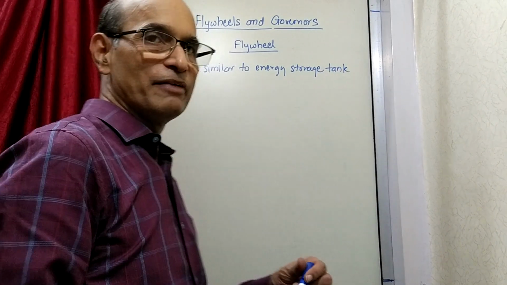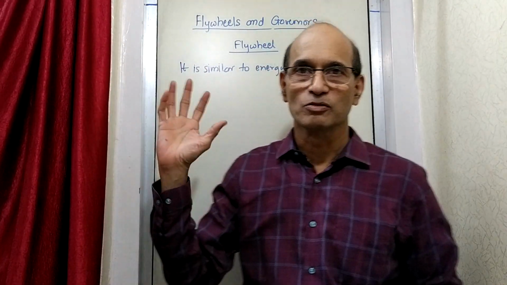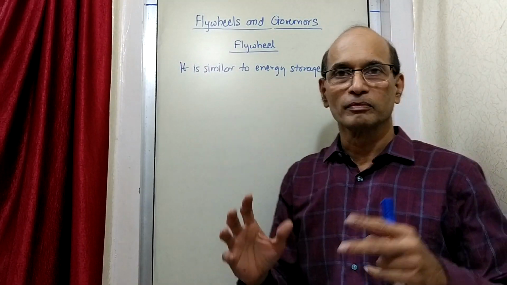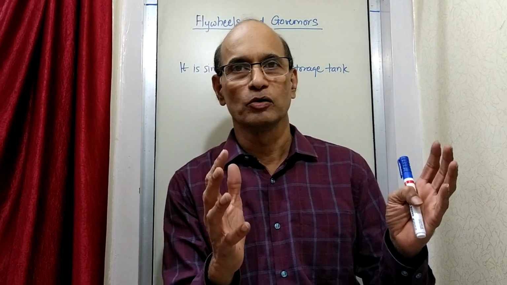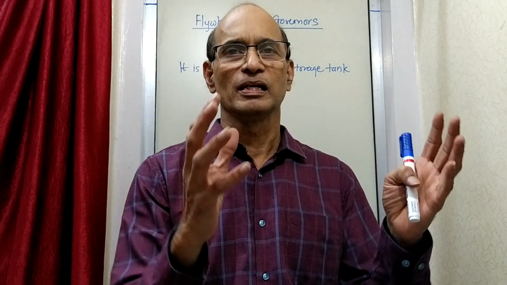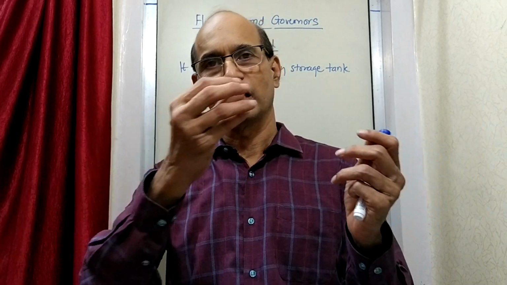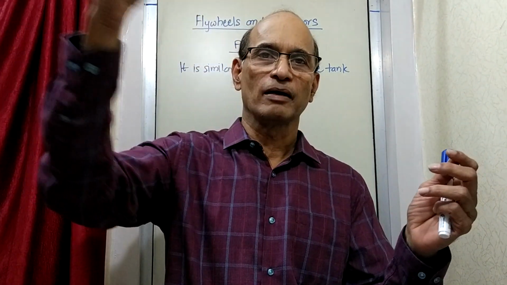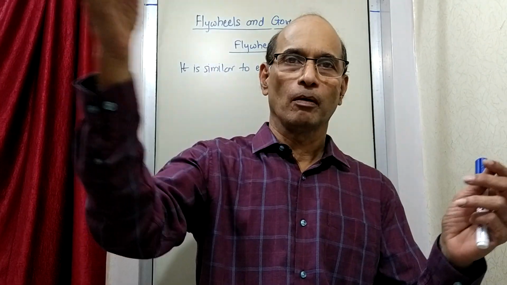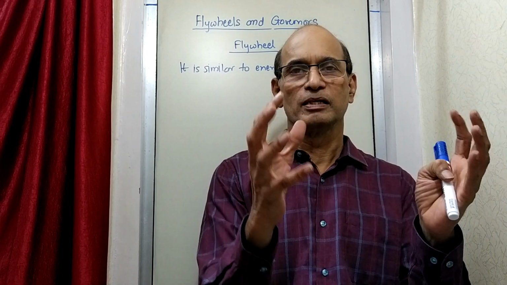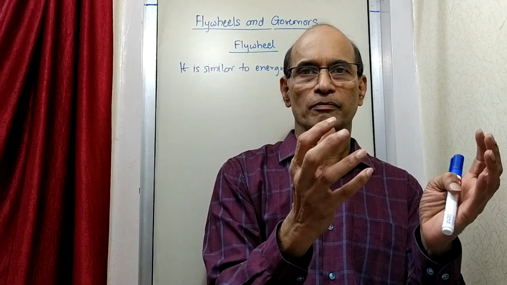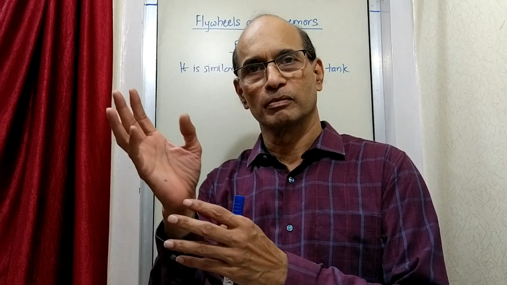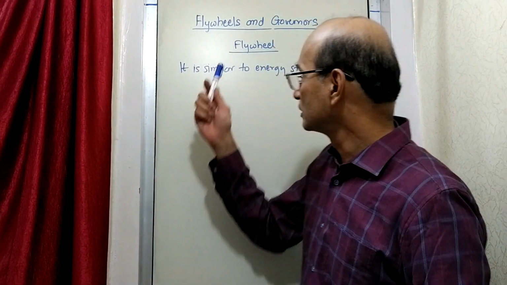Don't write this as a definition, just to explain to you how it is, what it is. So you can think of this like a storage tank. So what does a storage tank do? It stores some, say, let us say liquid, and when you want, you take the liquid from that tank. When the tank is empty, you again supply that tank with some liquid from outside. So it's a device which is getting some liquid, and it is giving you some liquid like that. So something similar this flywheel is doing.